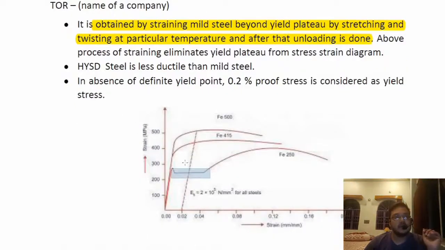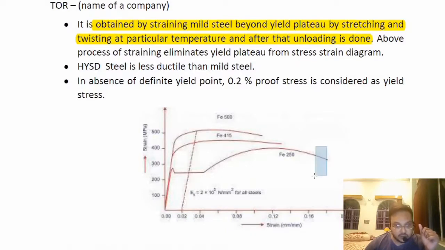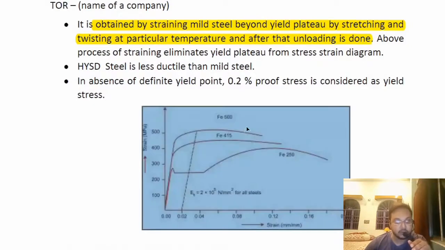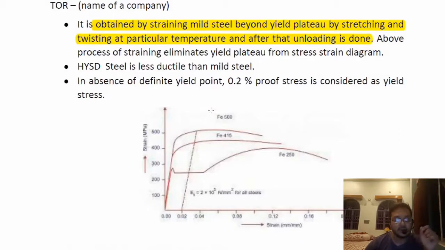The process of straining eliminates the yield plateau from the stress strain diagram. We don't have the yield plateau here, as we do in Fe250, for this particular Fe500 and Fe415. HYSD steel is less ductile than the mild steel. As you can see, this graph is extending and showing a huge amount of strain before the fracture happens, but